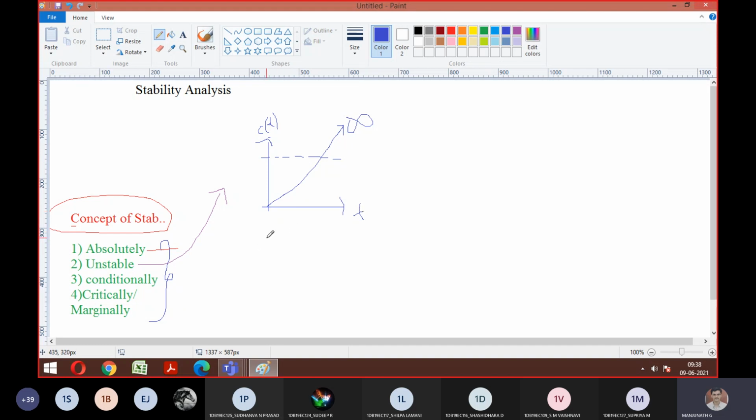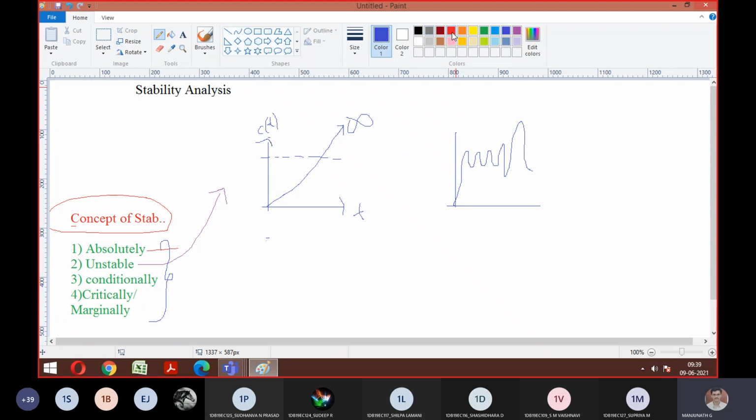Am I clear with this, what I told to everyone? Yes, sir. So similarly, you can represent one more graph like how we did earlier. So we had an increase and there was a slight variation with respect to time. Then after that, it is going to be constant if it is stable. But here, there will be variations. It is not going to keep constant.